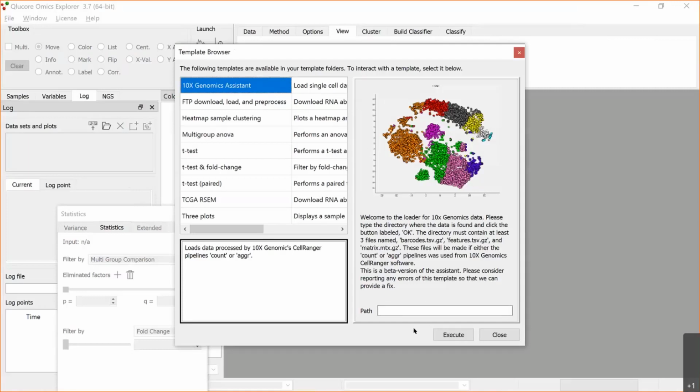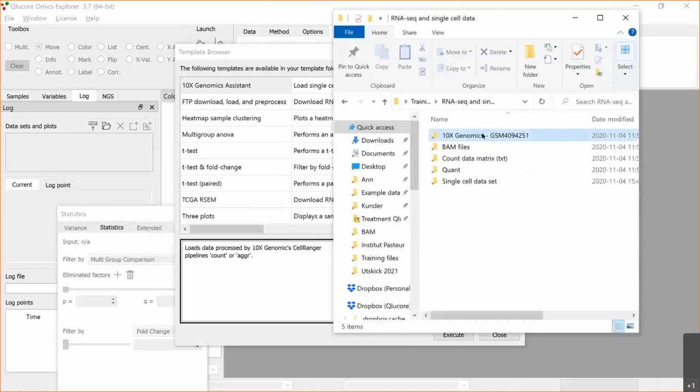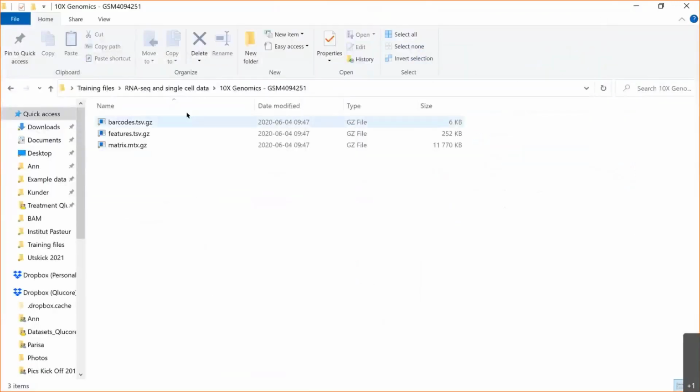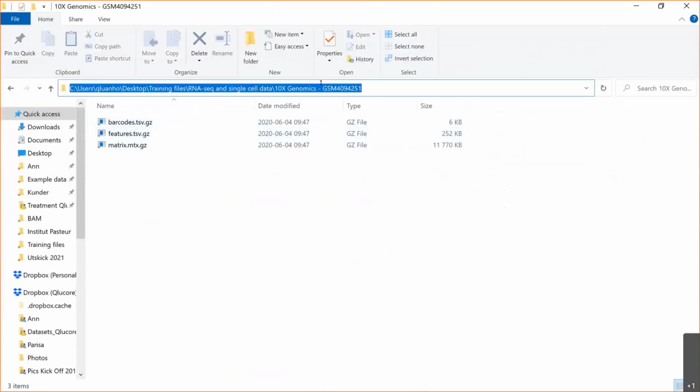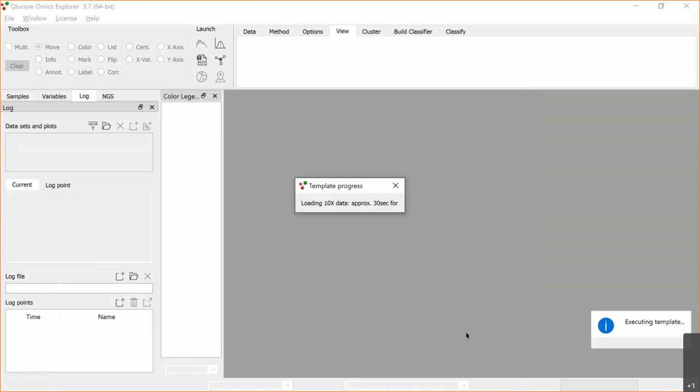So let's find the library here, the path. So here we are, and you can see that we have these 3 file types here. I just copy the path and paste it in here, and then I execute. And this takes a little while. So while we're waiting for this to process, it's quite a big data set,